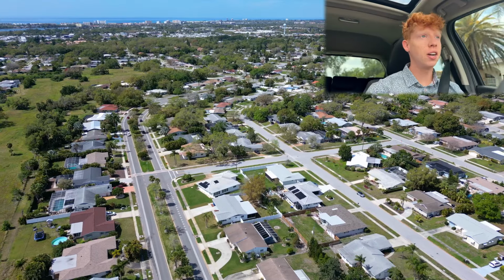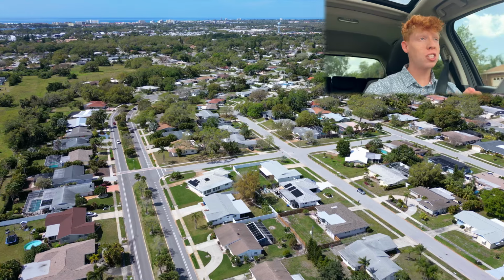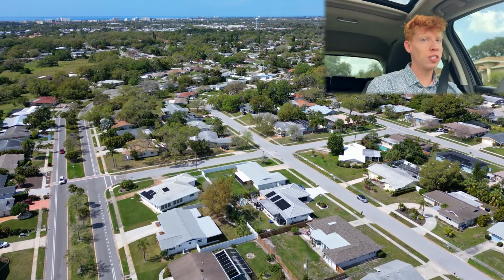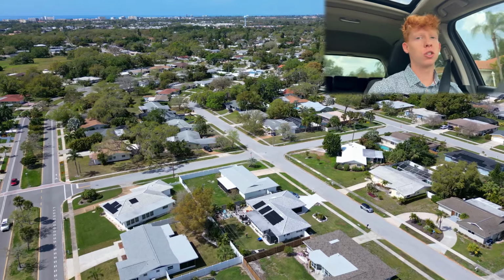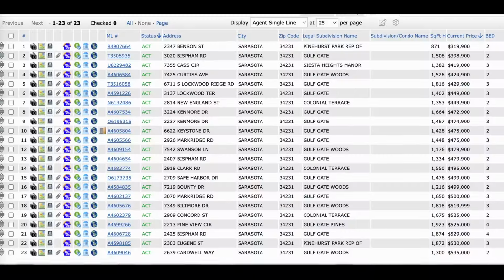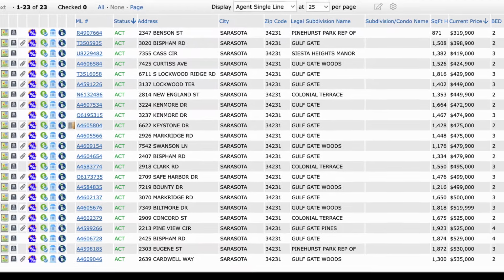All right, now this next area up is actually going to be the closest that you can get to the Gulf beaches of Siesta Key while still staying under our parameter of $537,000. And that area is Gulf Gate. Gulf Gate currently has 23 homes available under our parameters of